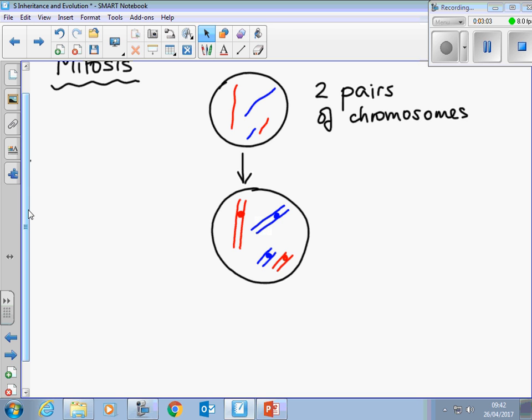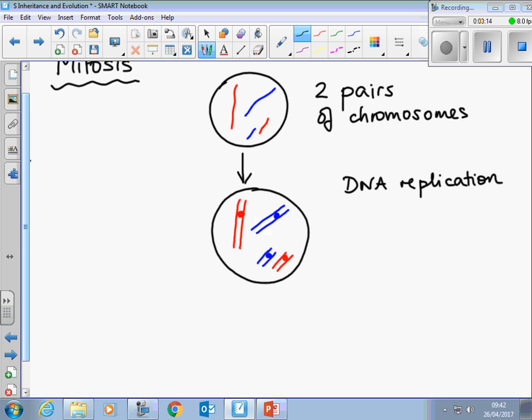Okay, so DNA replication turns individual chromosomes into pairs of chromatids